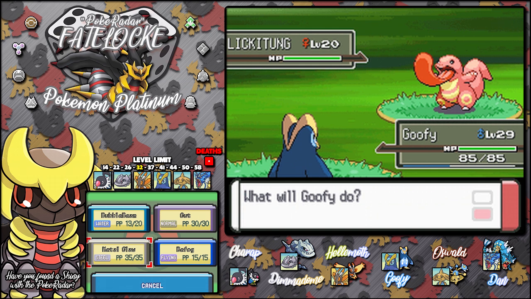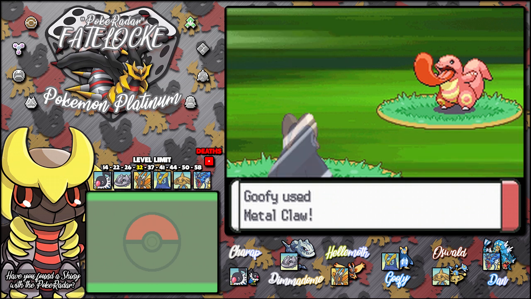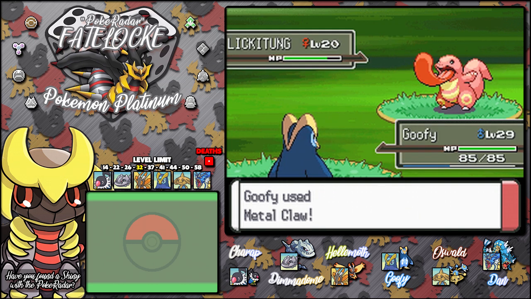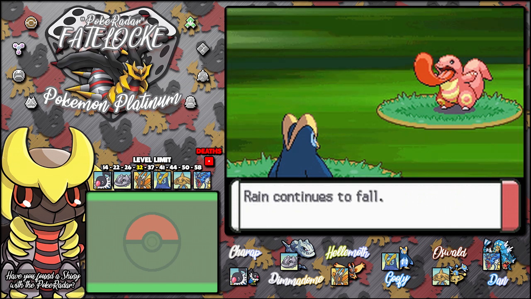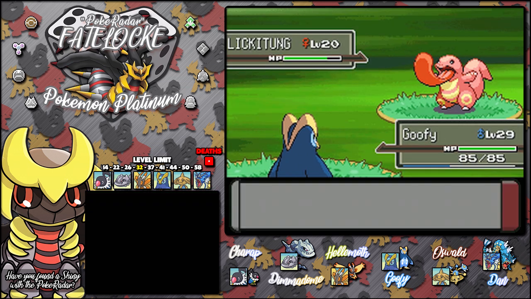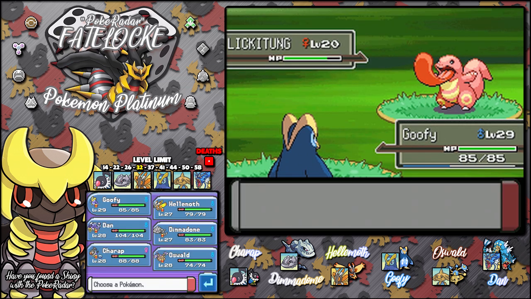There's no way Metal Claw kills it. I have to weaken it. Its catch rate is pretty horrible. Yeah, Metal Claw's not going to do nothing. Well, who's Goofy going to try and catch this with is one thing we need to check. A 3. Who's in slot 3? Hopefully it's not Dan. It is Dan. I mean...